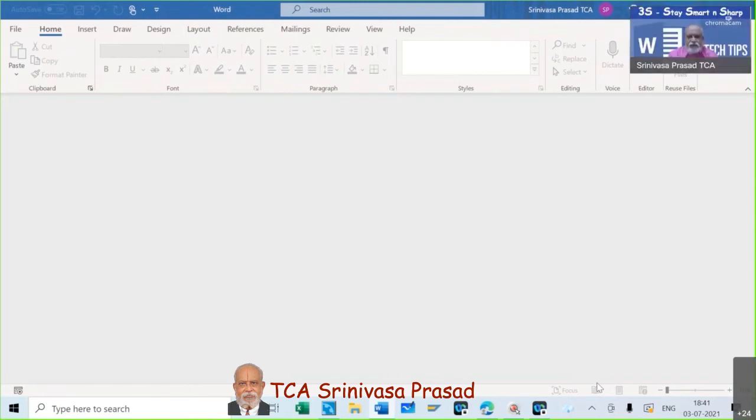Instead of keeping in the C drive, either D drive or E drive may be good. If any issue happens in future, it may be very difficult to retrieve from the C drive. But whatever documents are available in the D drive or E drive, we can retrieve. So instead of keeping all the copies in the C drive, we can create like this for the D drive. As of now, we do not know this. We learned it only now.